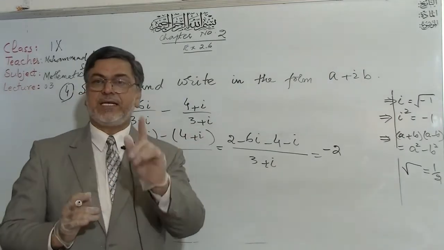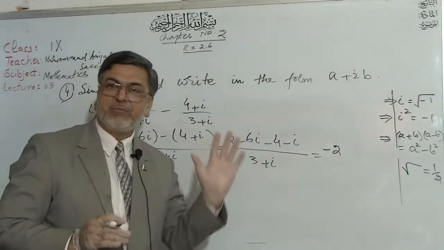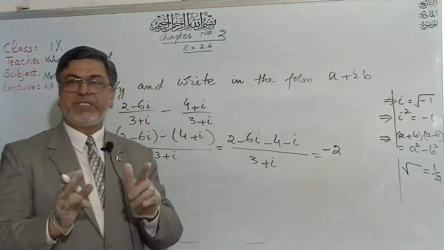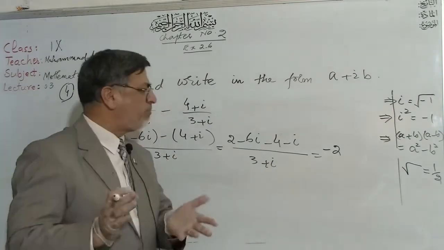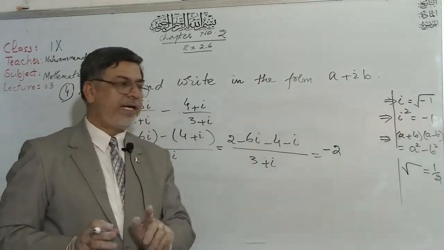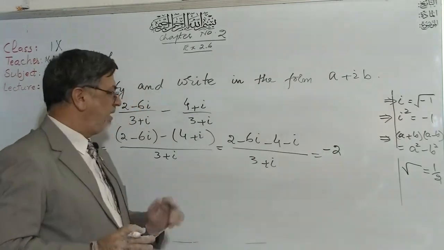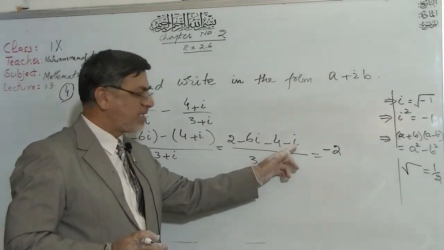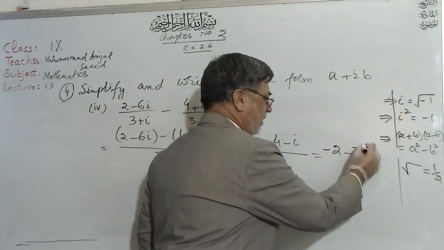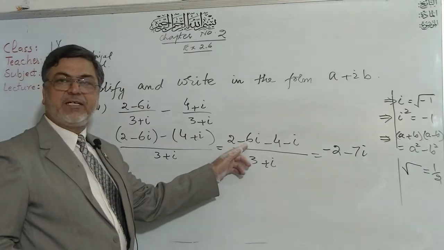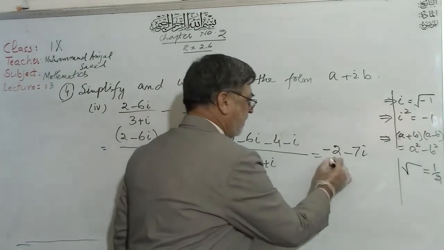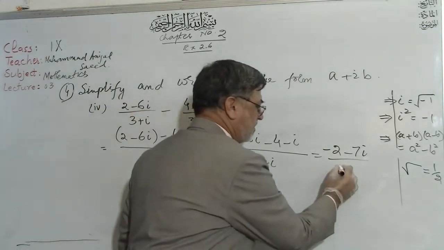But you will apply the sign of the bigger term. This is an important rule. And in case of addition and subtraction, if you have two terms with opposite signs, plus and minus, minus and plus, they are always subtracted. And again you apply the sign of the bigger term. Here is minus 6 iota minus iota. Minus 6 minus 1 is minus 7 iota, and this is the bigger term, as a digit it is the bigger one. So here is minus 2 minus 7 iota over 3 plus iota.